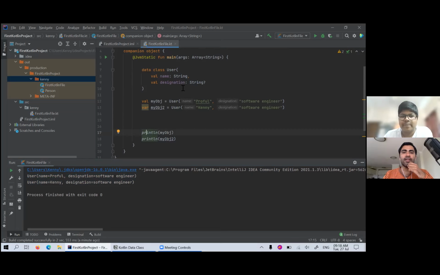So only in IntelliJ we can run, or in Eclipse and VS Code also? I think we should be able to run this on any IDE, because at the end of the day it is using the Java executable, right? So we will just need to figure out how to compile the Kotlin code and also to run the Kotlin code. So I don't think that will be an issue.